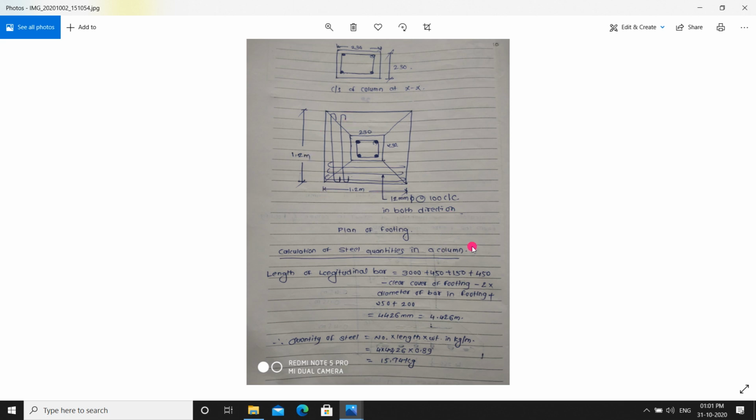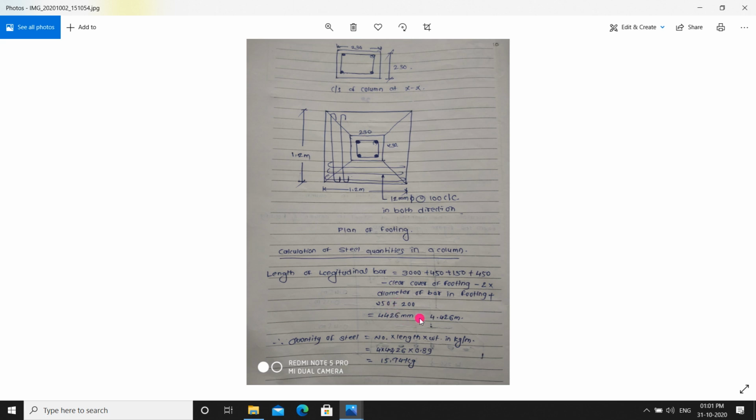Now calculation of the steel. Calculation of steel quantities in a column. Initially we will find out the main bar, that is the length of the longitudinal bar. So how to find it? Total length they have given as 3000 plus 450, that is 0.45, plus 150 plus 450, minus clear cover of the footing. That means below that there is a clear cover, you have to just deduct it. Minus 2 into diameter of bar for the footing,